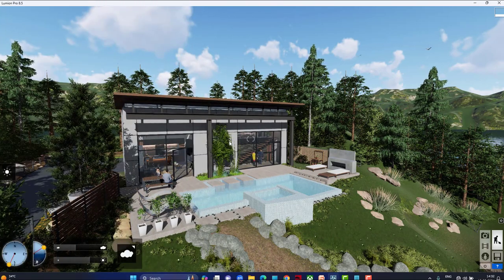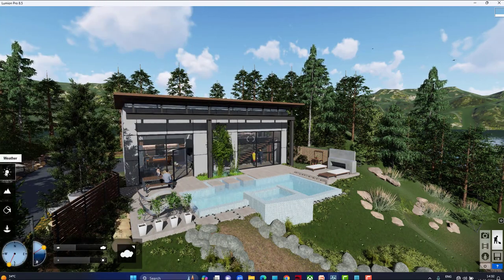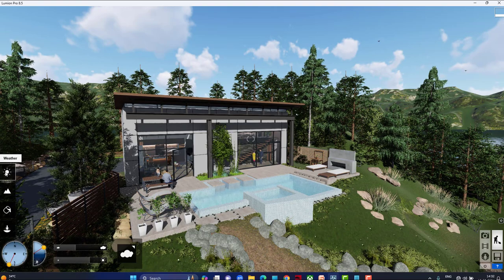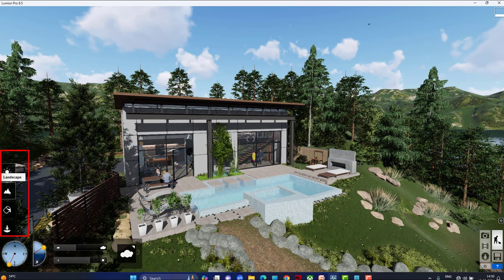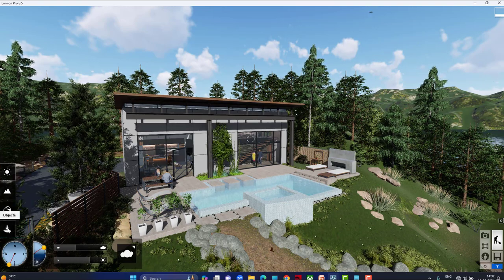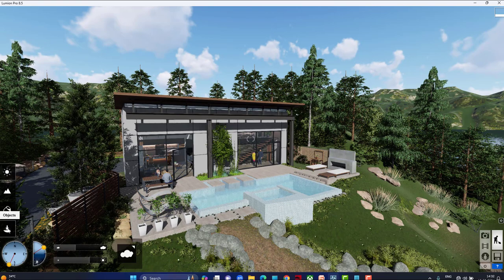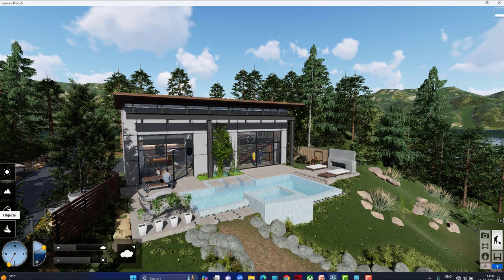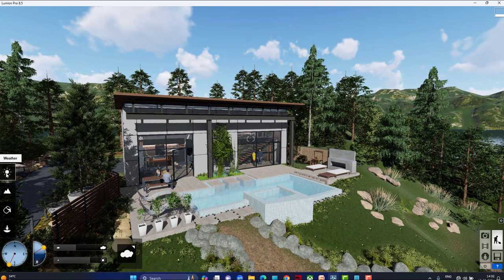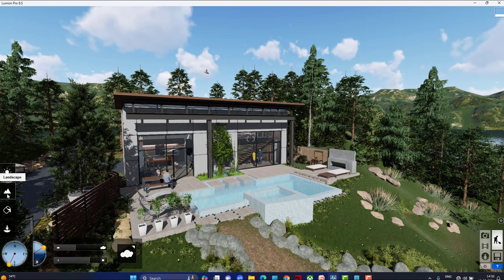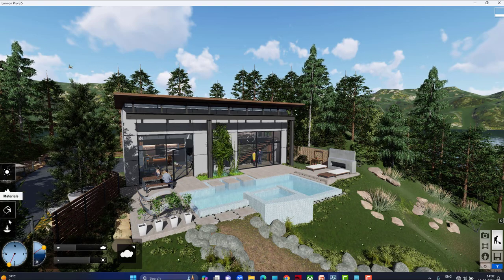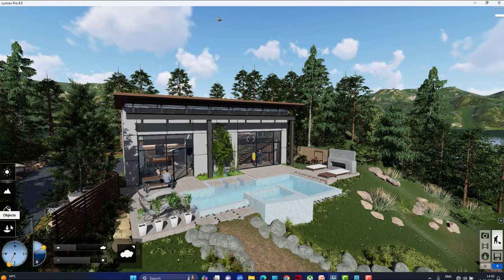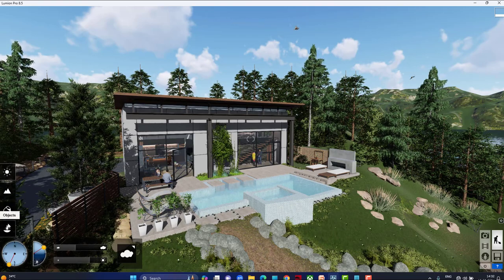Once you open the example model, here you can see at the left portion we have 4 options, that is weather, landscape, materials, and then object. As I already told you, you should be ready with the model, and for that model you can change the weather, and you can change the landscape around your model, and you can apply high realistic material, and you can add libraries by using these 4 options.